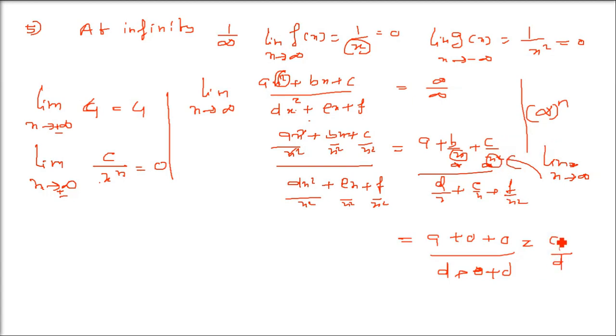This is how we resolve this issue using this algorithm for the method of evaluation of algebraic limits at infinity. So there are 5 methods which we discussed, and these are for algebraic solution. And in the next discussion, we are going to see the evaluation of trigonometric limits. That is a different aspect, so we will take that next time.